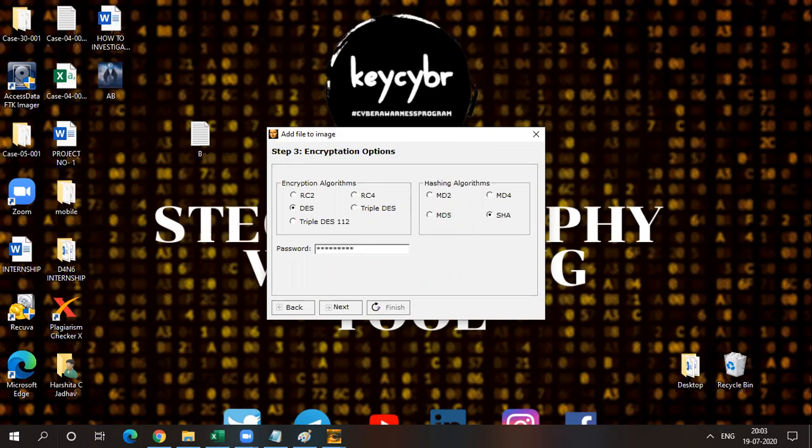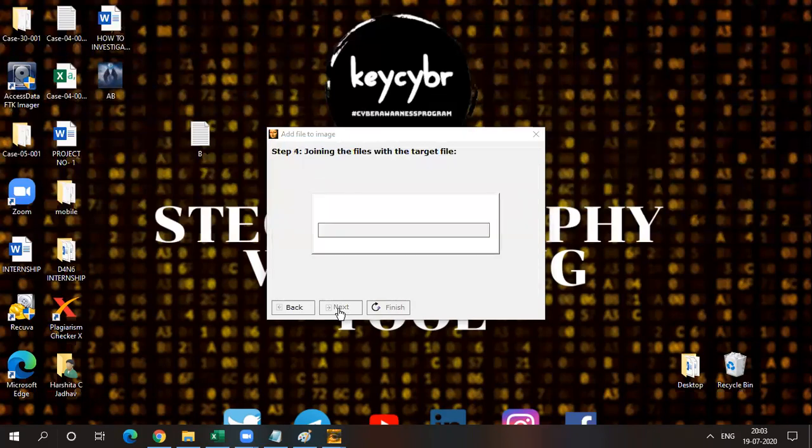Whenever a third person tries to open or extract that image, he needs to put in the password. Only then will they be able to see the personal or secret message in the image which we have hidden. So next, encode done.